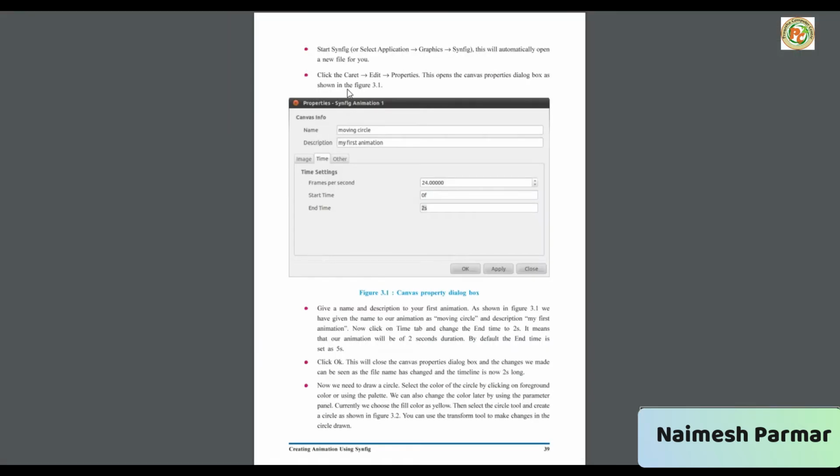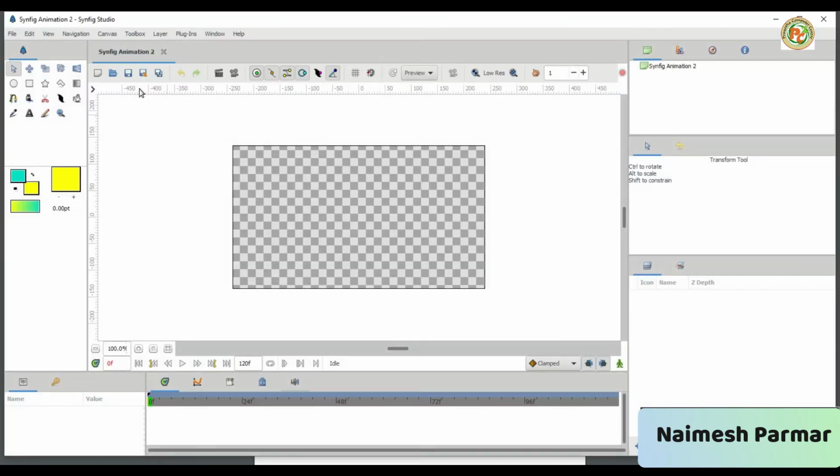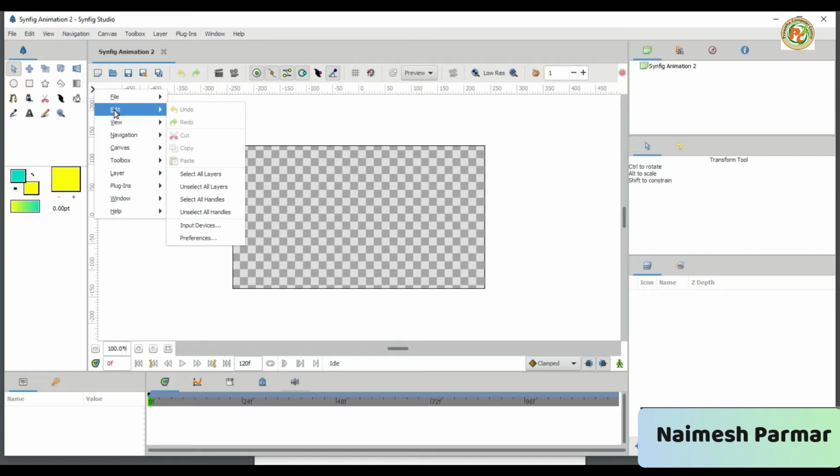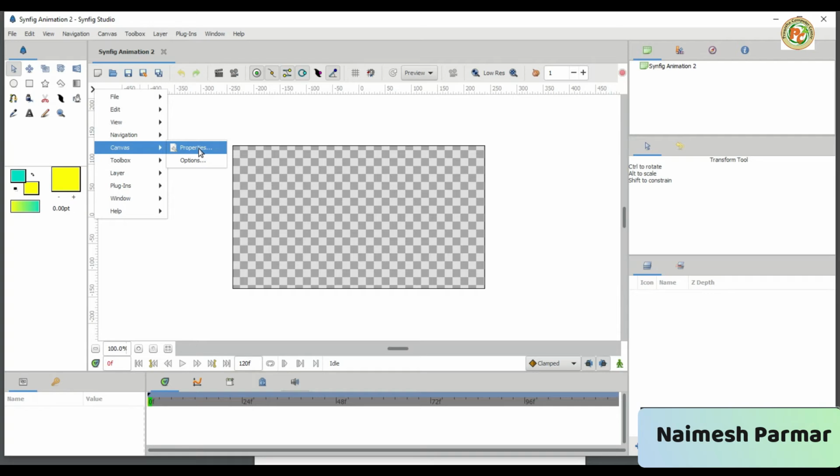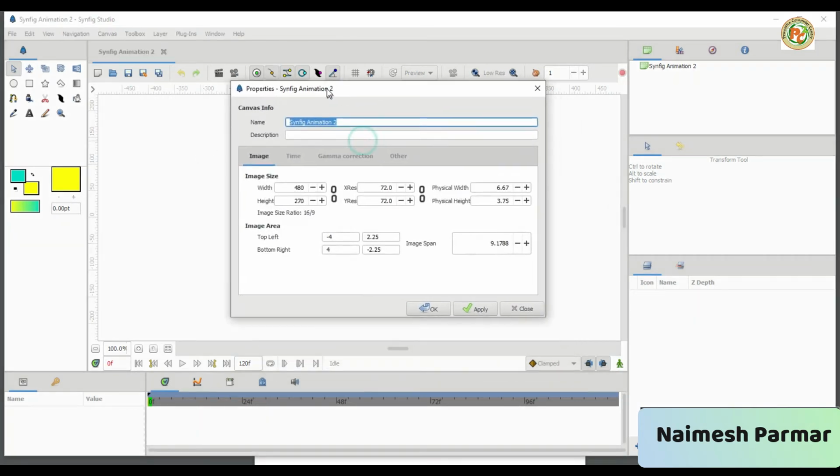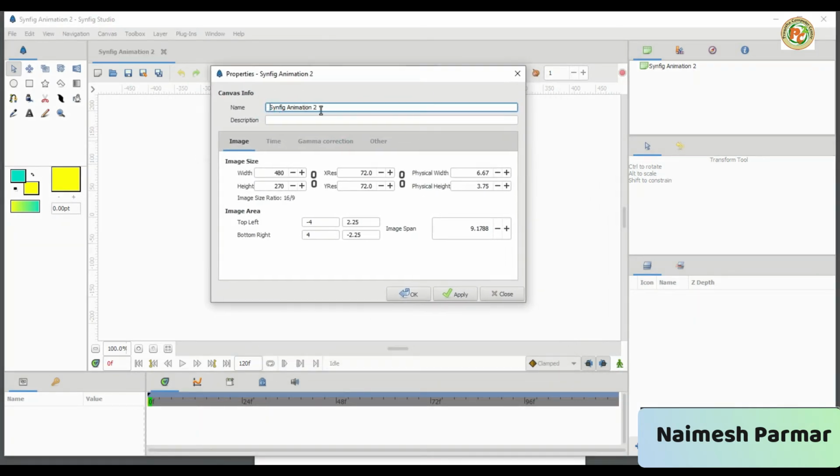See, now we are going to change the properties of our canvas, okay. How do we change the properties of the canvas? We click the caret and the Edit menu, and from the Edit menu click on Canvas and then Properties. When you click on Properties, your canvas name will appear here.